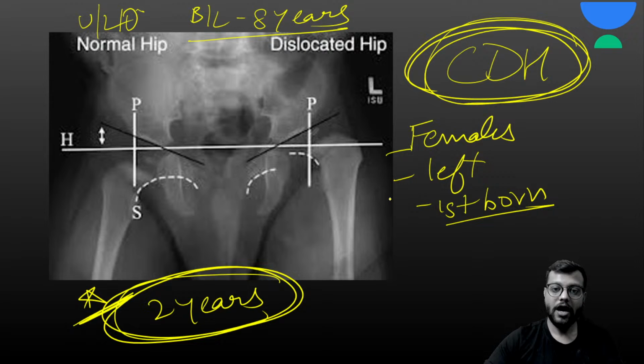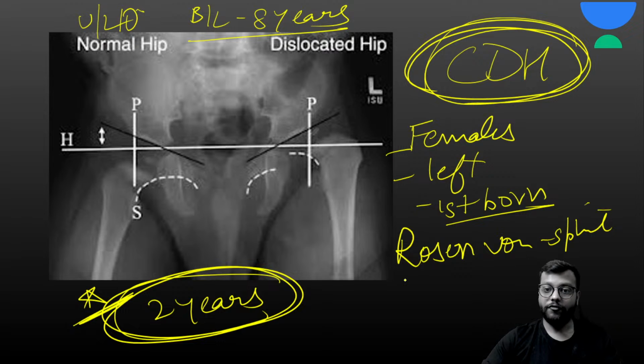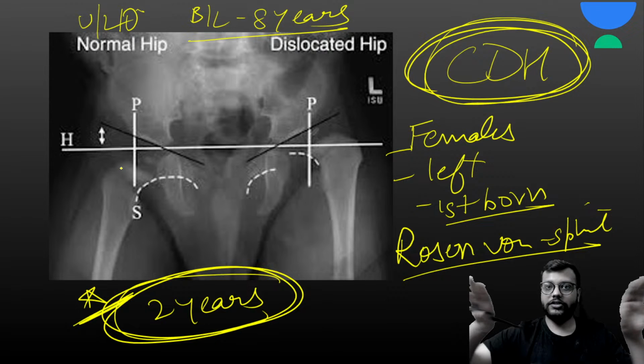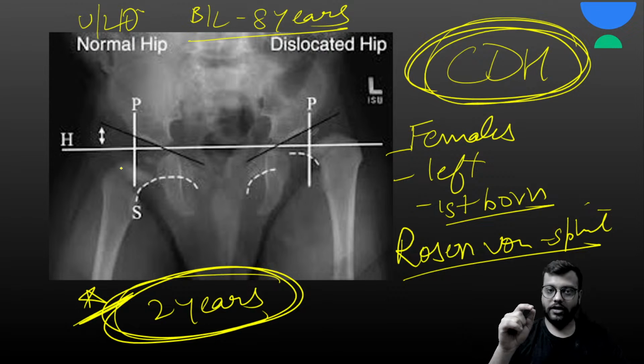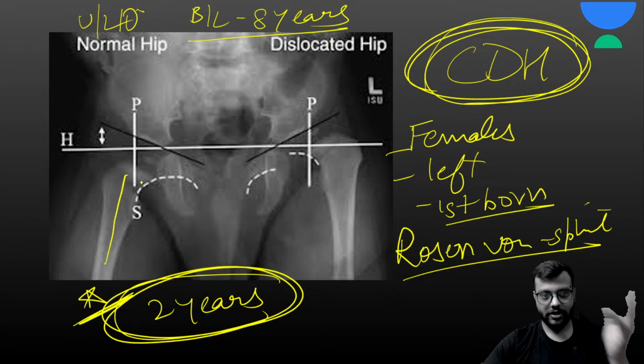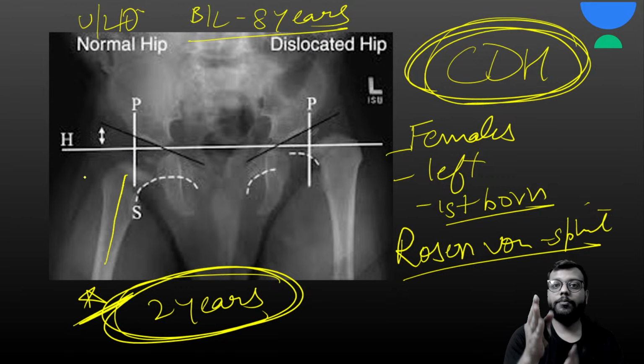and इसमें आप use the Rosen Vaughan splint and the Rosen Vaughan view. what is Rosen Vaughan view? क्या होता है? इफ यू हैव abducted और एक्सटर्नली रोटेशन के अंदर आप करते हो, सो द लाइन फ्रॉम द लॉन्ग एक्सिस ऑफ द शाफ्ट ऑफ द फीमर, नॉर्मली इट इन एक्सटर्नली रोटेटेड, यहाँ पे नहीं, इट goes past the acetabulum, it pierces the acetabulum, but in CDH it is not possible.